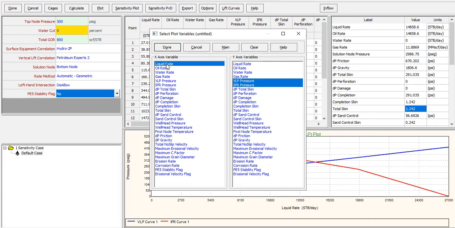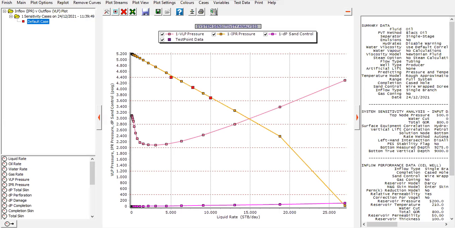X-axis as usual liquid rate, whereas for the y-axis we will show the VLP pressure, IPR pressure, and also of course pressure drop due to the wire wrap screen or DP sand control. Click done. All right. So as you can see, there is a change in DP sand control where we increase the liquid rate. If I maximize in this section,